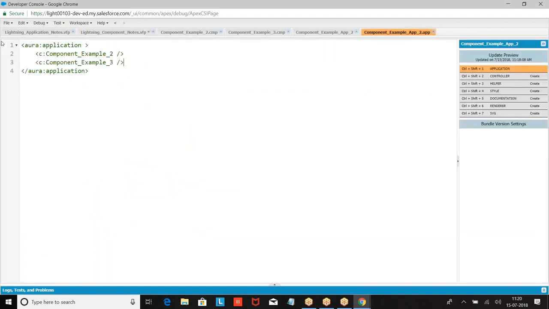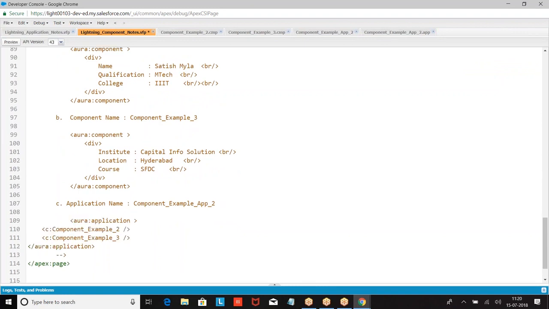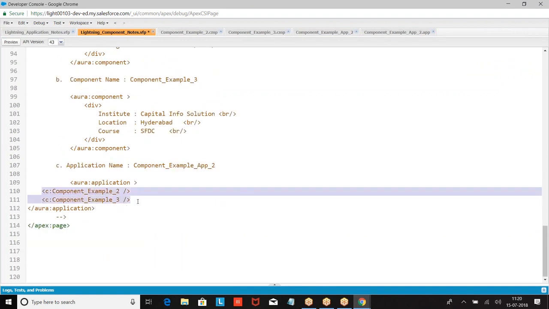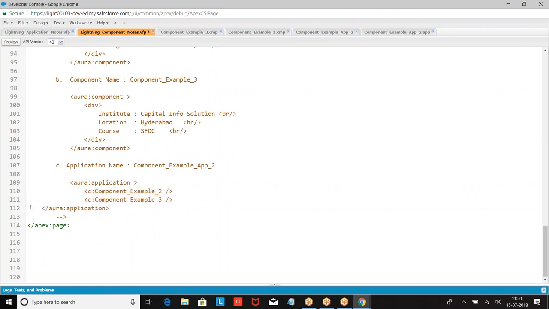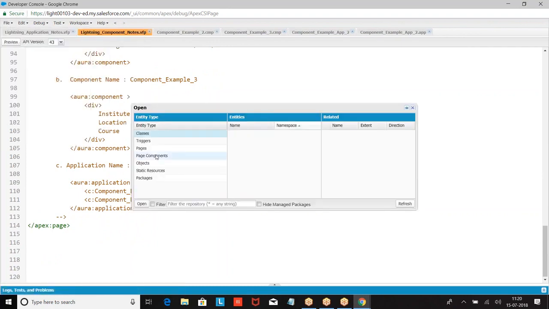So we have to just define this. This is how we create. Now, how do you open if it is a Visualforce? If you want to open, you will go to the file, open, select the pages, click on it, it is open.